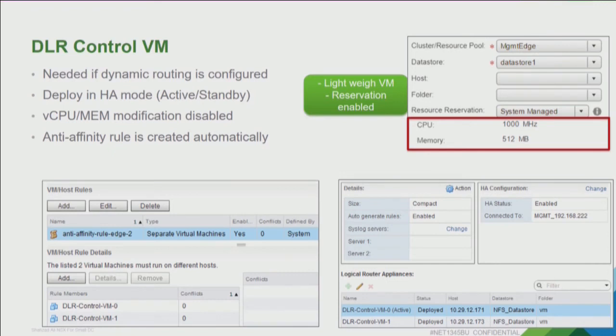Next, we're going to talk about our DLR control VM. So we touched on this a little bit. Shahzad actually put it in his slide that this is not a required virtual machine, even if you are using our distributed logical routing. The only time we need this virtual machine is if we are using dynamic routing, specifically OSPF or BGP. We recommend that the DLR control VM be deployed in NSX HA mode, which, if you're not